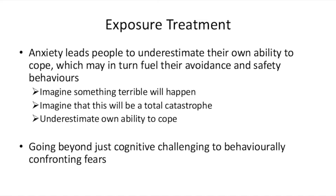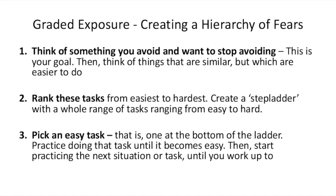Okay, so exposure therapy goes beyond reasoning, it goes beyond working on specific thoughts or cognitions, and helps people face their fears, and actions are really quite powerful. So here's how we do exposure in the context of clinical psychology, or this is how mental health professionals typically do exposure therapy. First thing they want to do is create a fear hierarchy, and how that's done is basically